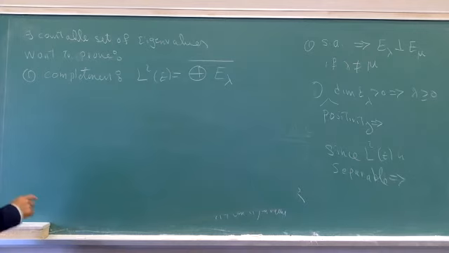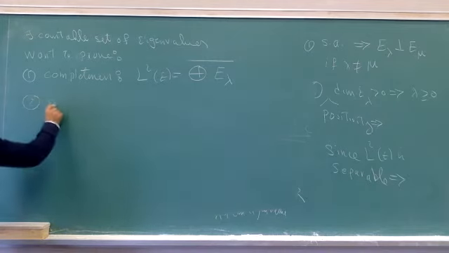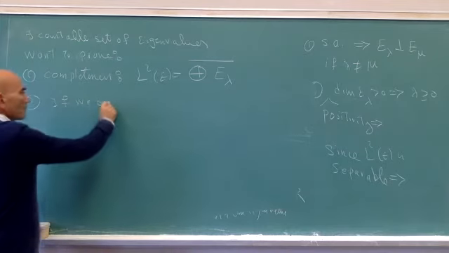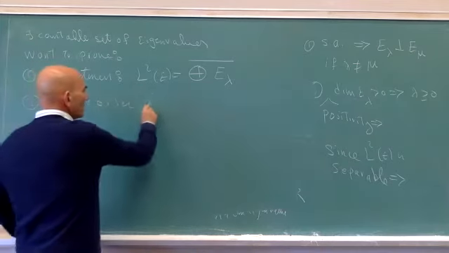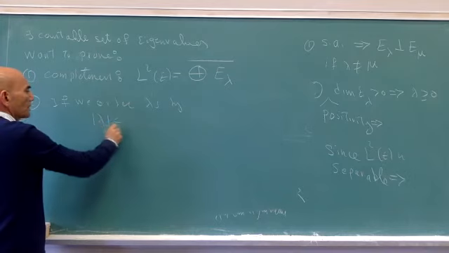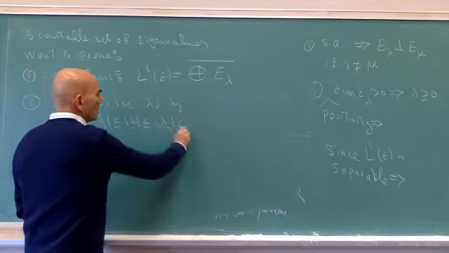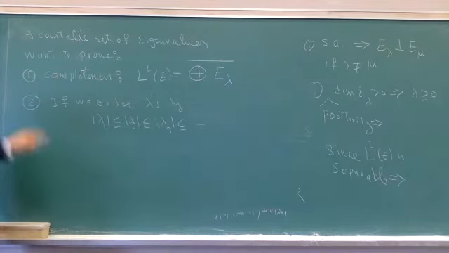So that's one thing. But still, you may think that, okay, that's possible, but all these lambdas are confined in some interval, for example, 0 to 1. There could be countably infinitely many of them. We want to show, as the second part, that if we order the lambdas, you can always order them like that, lambda 1 less than or equal to lambda 2 less than or equal to lambda 3, etc., then they go to infinity.